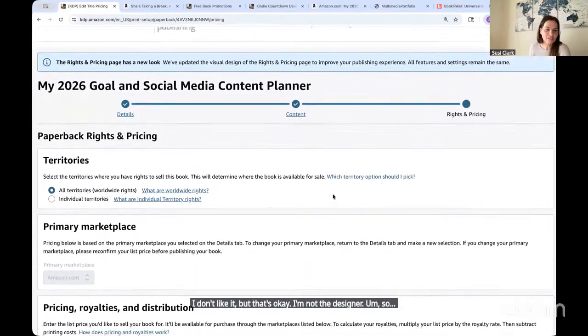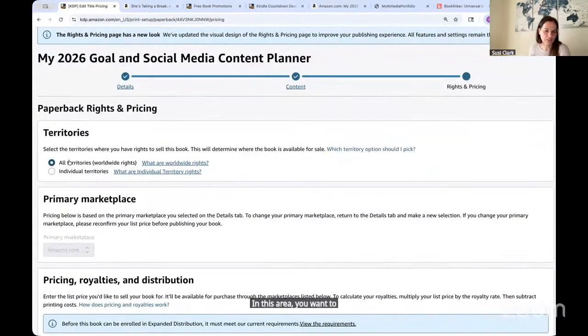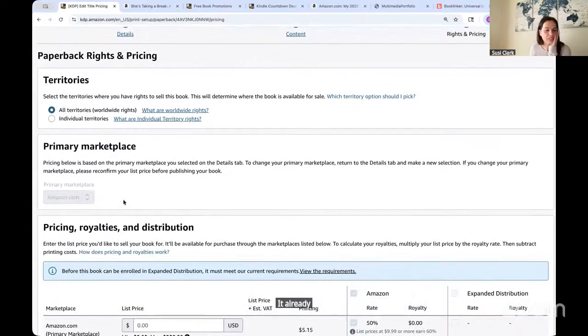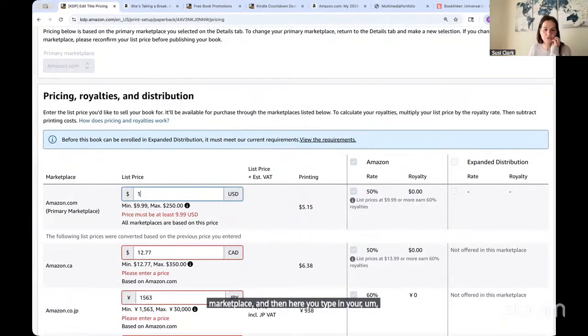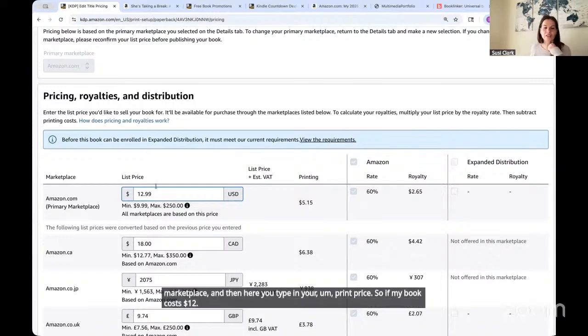So in this area, you want to always check this unless you really just wanted to publish in one country or territory area. So you want to publish your book worldwide. It already pre-selected .com as my marketplace. And then here you type in your print price. So if my book costs $12.99,